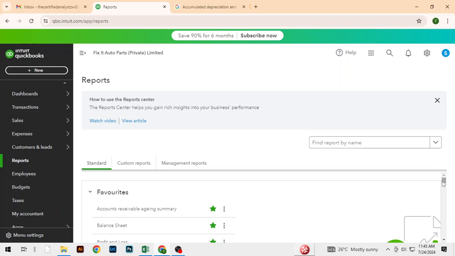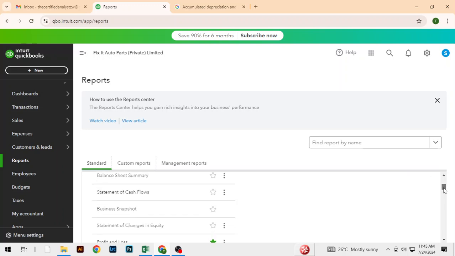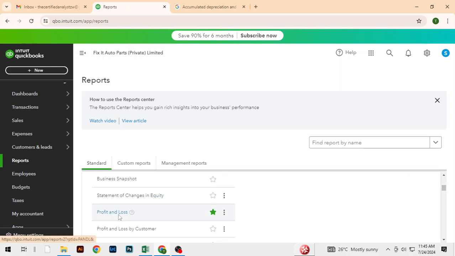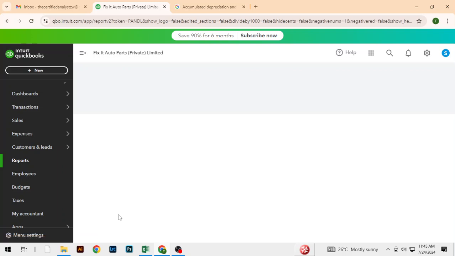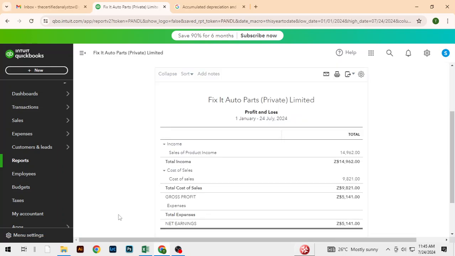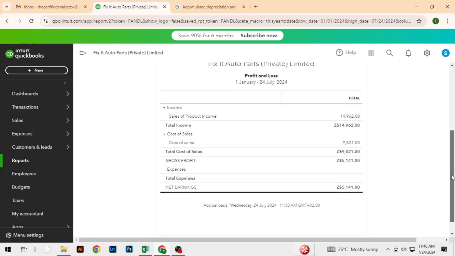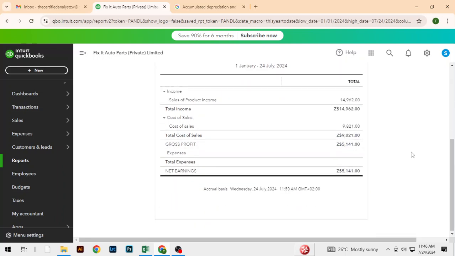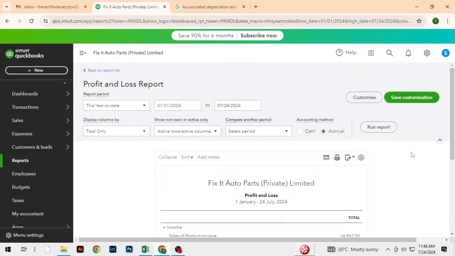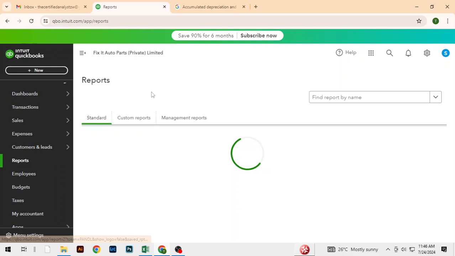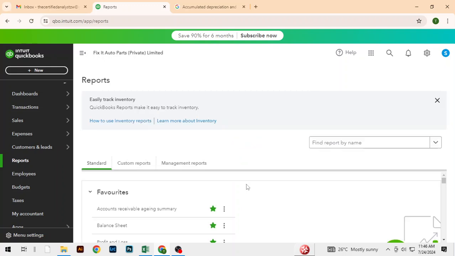So we can take a look at the profit and loss just out of interest. Let's see profit and loss. So we've made like 14,000 and cost of sales are like this, and gross profit, net earnings. Okay, and let's also look at, so we can go back and let's find